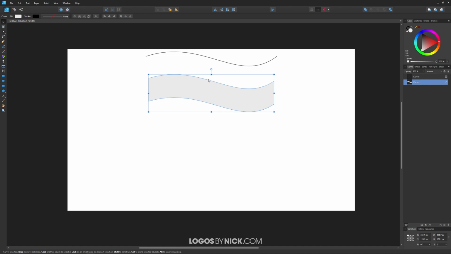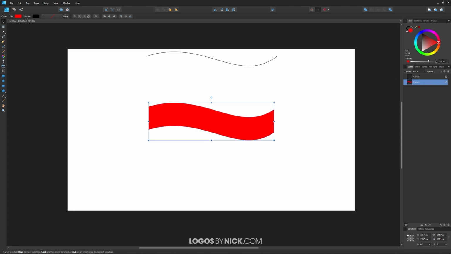And as you can see right here, we have the beginning of what's going to be our ribbon. So let me move this down a little bit towards the center of the page. Again, I want to hold Shift so that it locks it onto the vertical axis like that. And let's give this some color. I'm going to make this the color red. And I'm going to take the opacity of this and bring this down to roughly in half for now, because we're going to want to be able to see what we're doing beneath this object